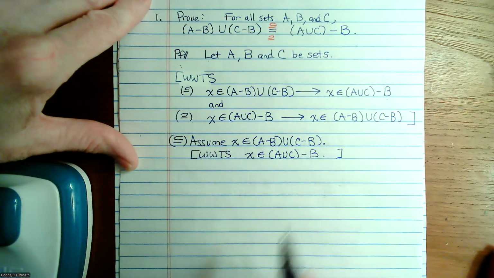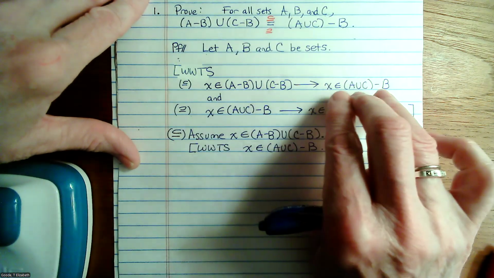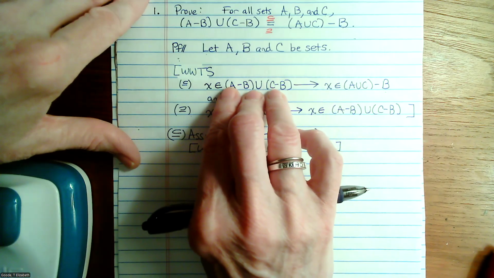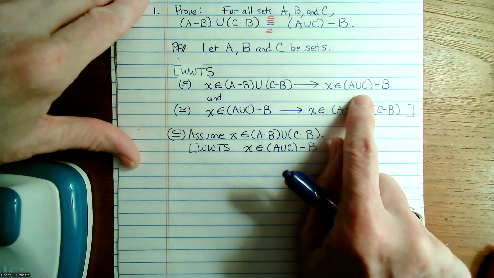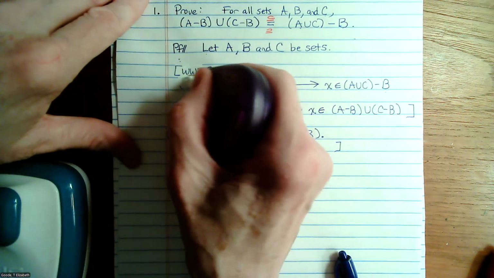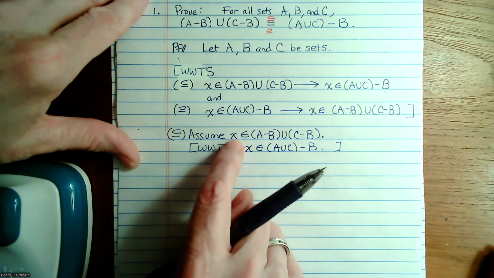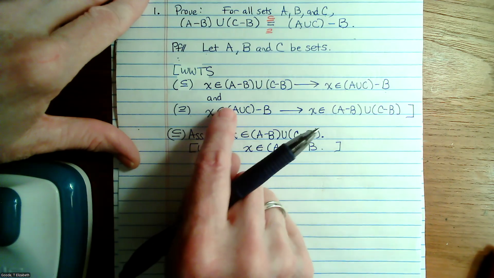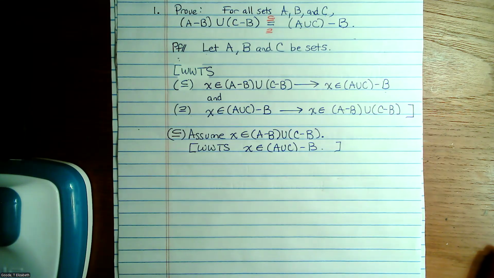Exactly. So that even breaks it down a little bit more, because what we're doing is a direct proof of an if-then statement. We assume the hypothesis and we wish to show the conclusion follows. We are establishing an if-then statement when we are establishing subset inclusion by what's called the element chasing method. We're chasing X around, basically. We're chasing it from this set into this set, and then we're going to turn around and chase X from this set into that set. That's why it's called an element chasing argument,